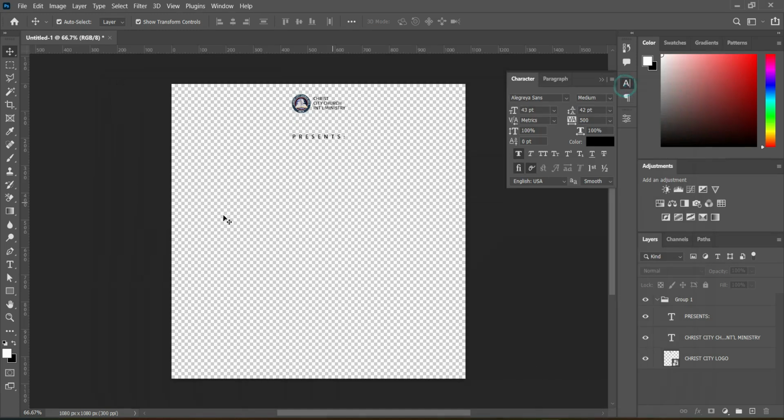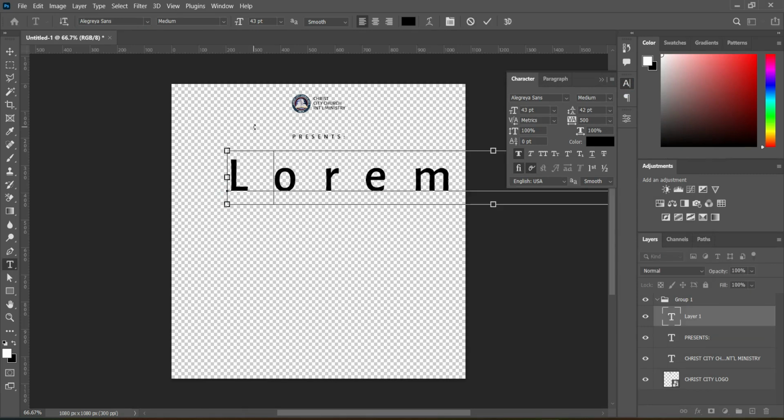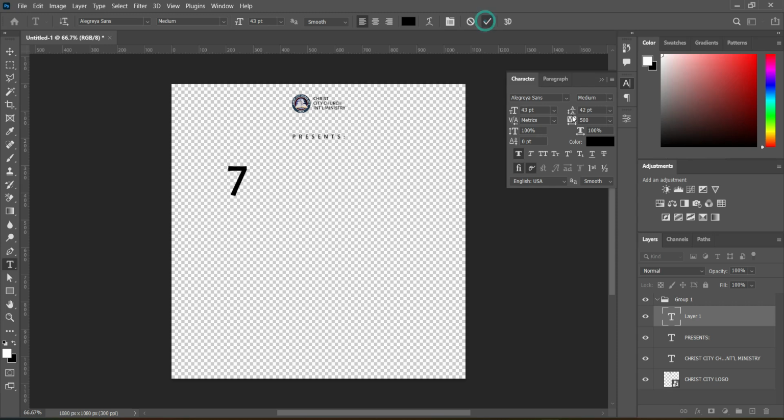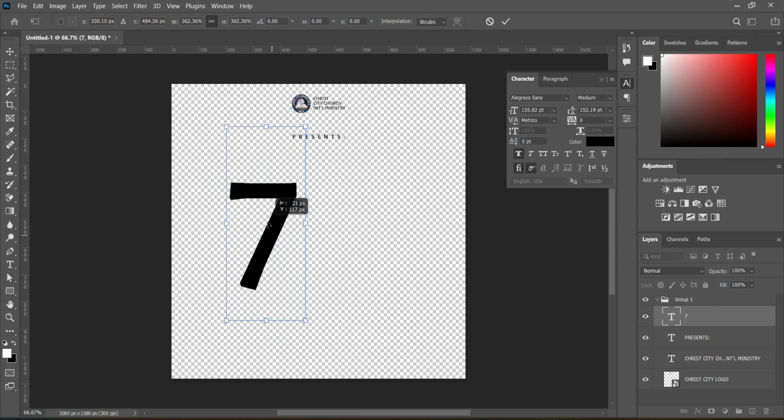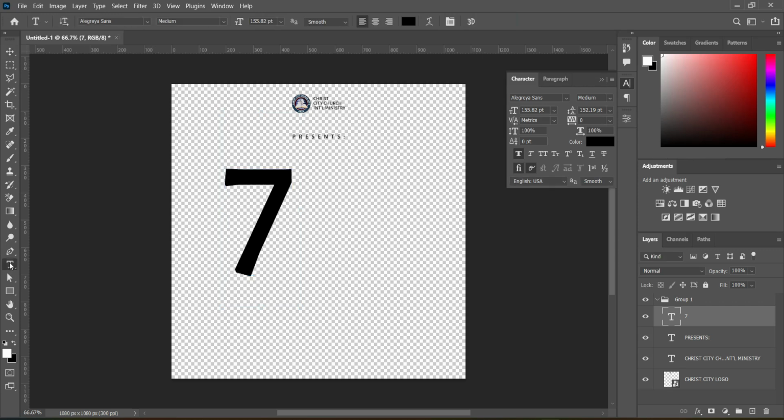Ctrl+C to copy. Then select your text tool. Ctrl+V to paste. Then close the character spacing by 0%. Now increase the font size like this. Then select your text tool and make it bold,